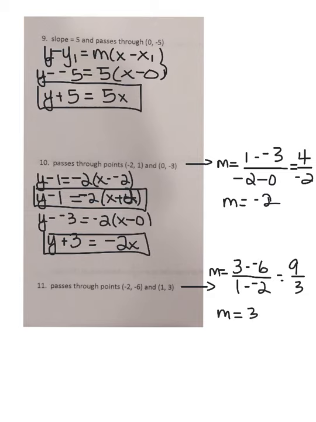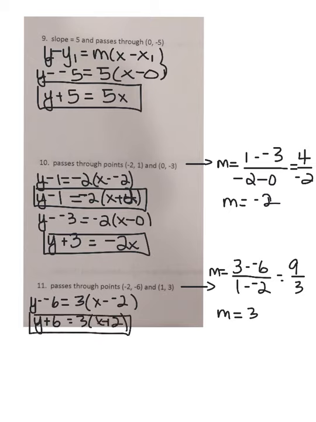And again, like number 10, in number 11 you have a choice which point you want to put in there, so that's up to you. So if I do the first point, negative 2, negative 6, I would get y minus negative 6 equals 3, because that's the slope, and then x minus negative 2, right? And simplify that, so that's going to be y plus 6 equals 3 times x plus 2. If you go with the other point, then you're going to have y minus 3 equals 3 times